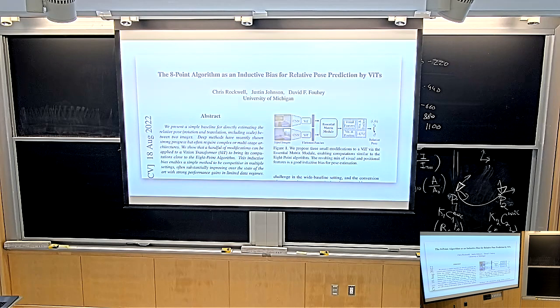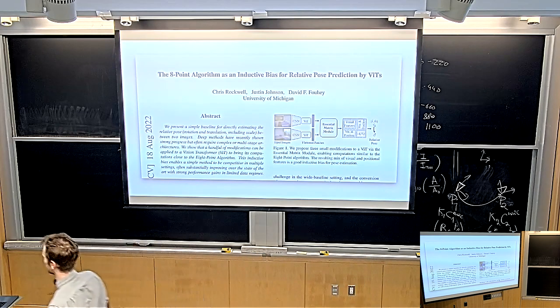So it turns out if you make your neural network simulate a part of this algorithm, then you will need much less data, and it's going to work much better. That's the point of this paper. So knowing about this 8-point algorithm in this case helped them get a much better performance for camera pose estimation. So this remains useful even in deep learning.